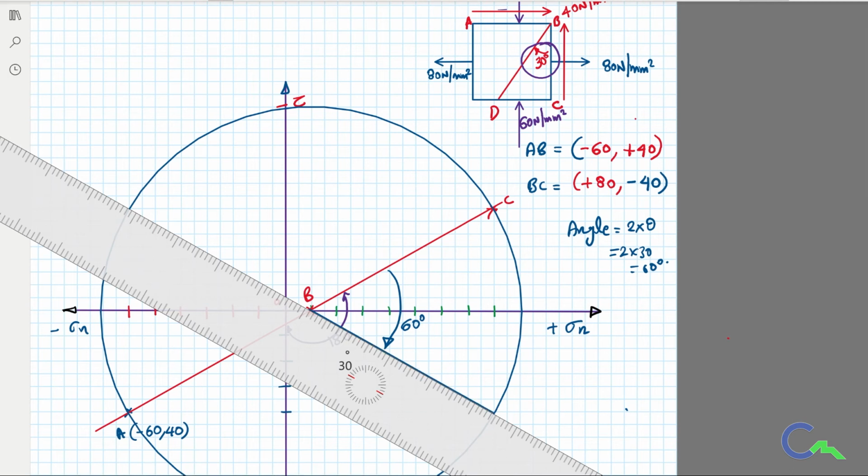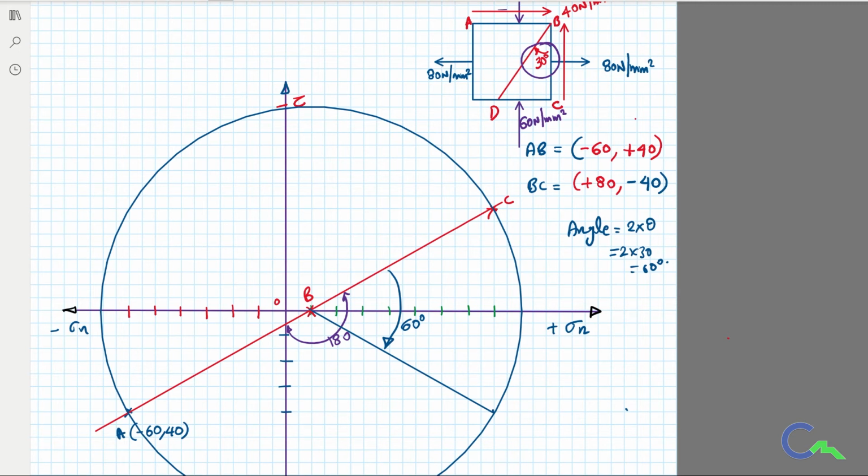So now in total it is 60 degree. The new point which I am going to get here is point D. You can see here, with respect to BC it makes an angle of 30 degree in actual, but in the Mohr circle it is 60 degree. Therefore that point is point D. So I am going to take this as 60 degree in clockwise direction.